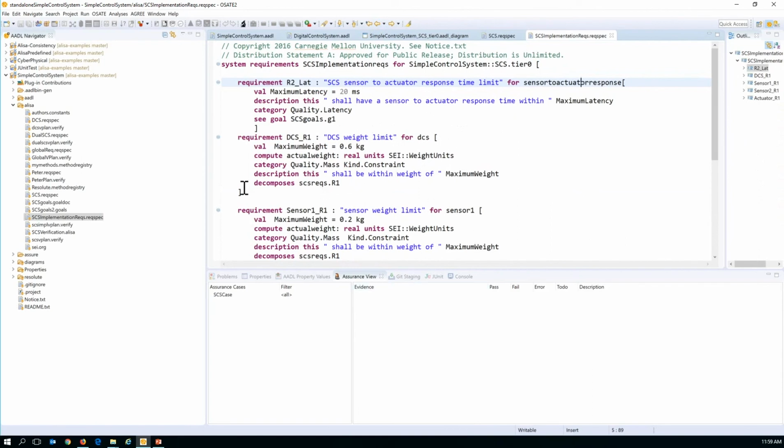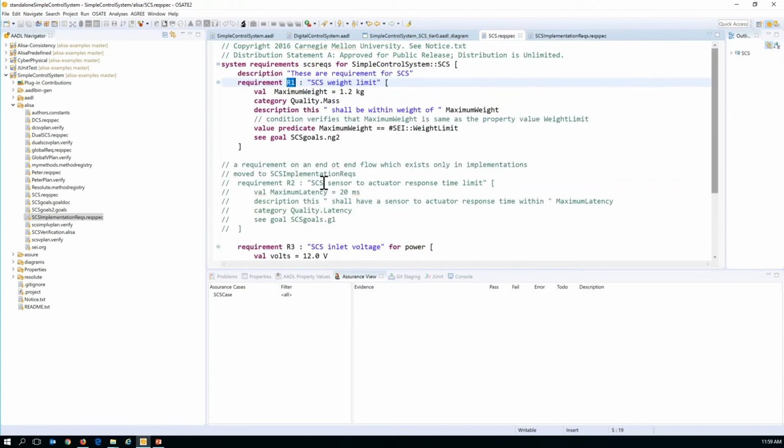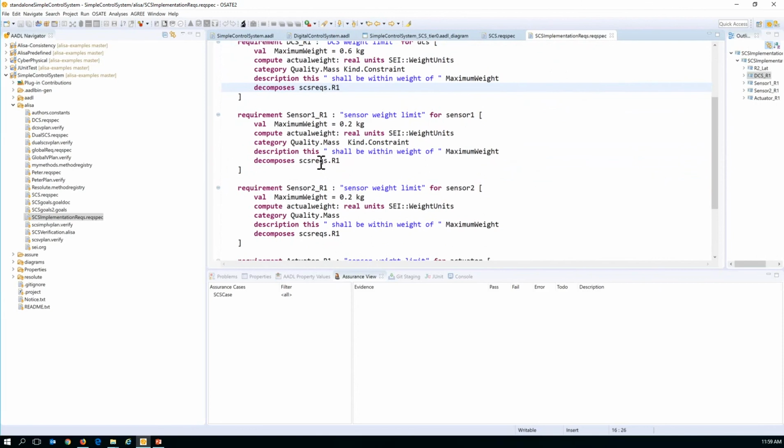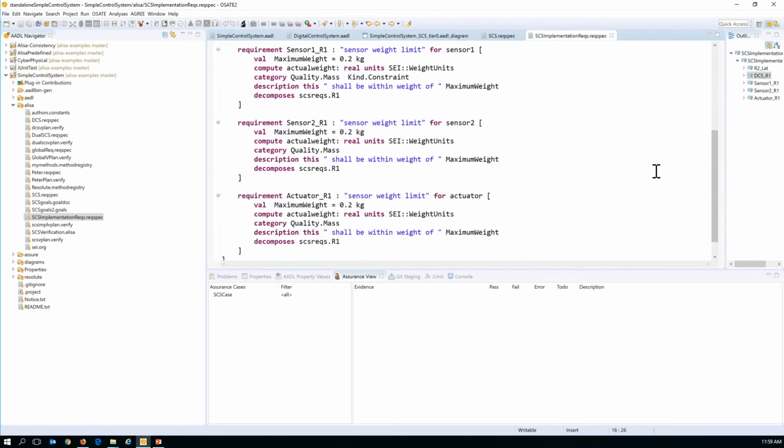These are now decomposable requirements, that is the top level requirement R1 that we had here about weight limit decomposes into requirements of certain subsystems. So this becomes a requirement on DCS, and then the next one becomes a requirement on sensor 1 and a requirement on sensor 2. And we can then compare those against the requirements that are associated with the sensor itself. Okay, let's put the